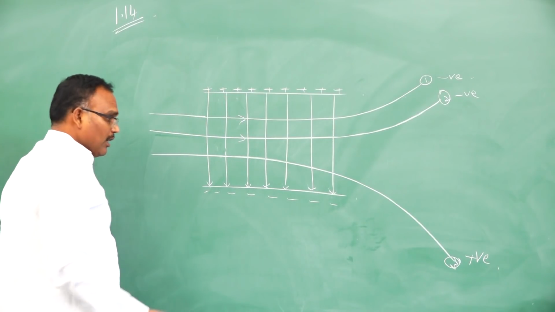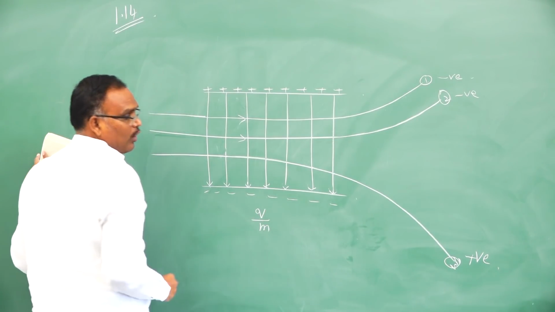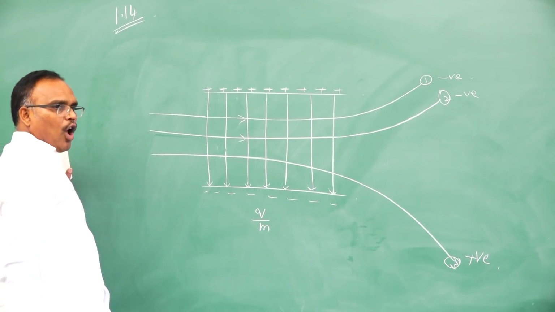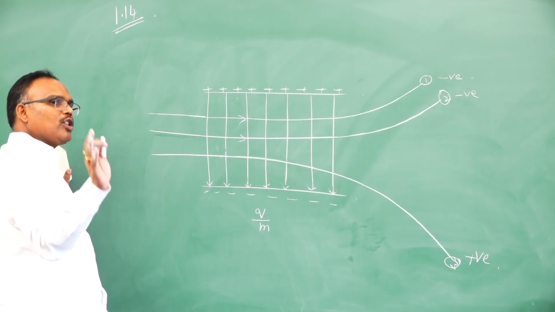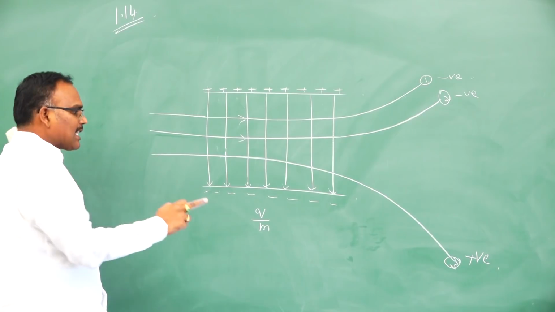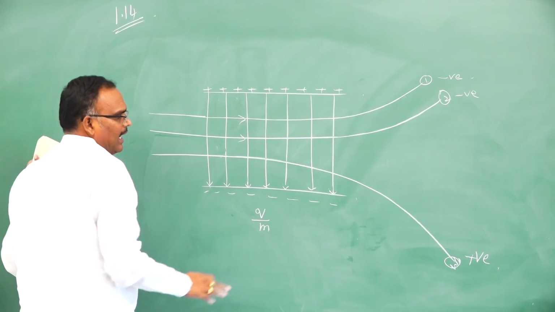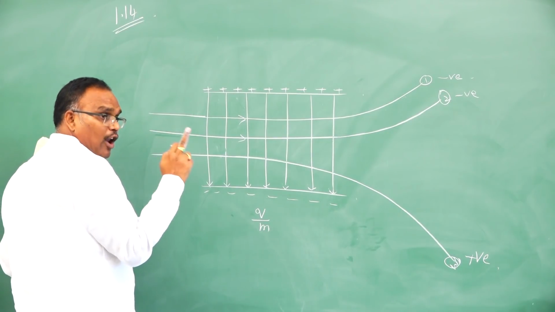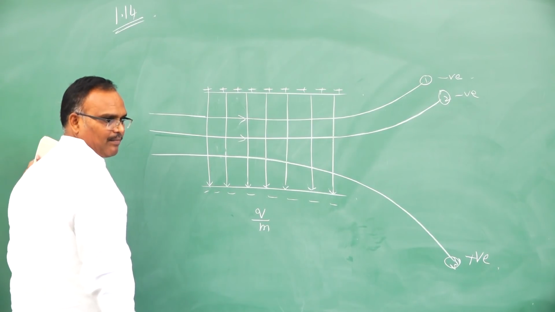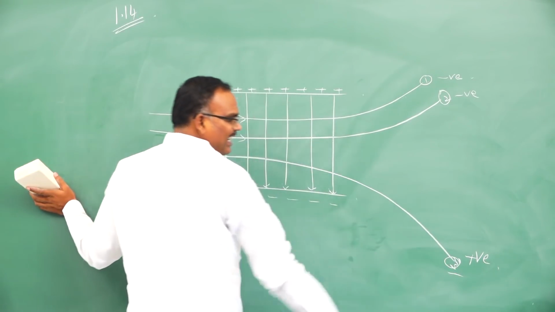Also they have asked, in case of which charge is the charge to mass ratio large? See, here in the problem they have not discussed much about the magnitude of charge present on the three charged particles. That's why I will take the charge as constant. Usually deflection will be large for less mass particles. This you have to always remember. That means the third charged particle is deflected more.